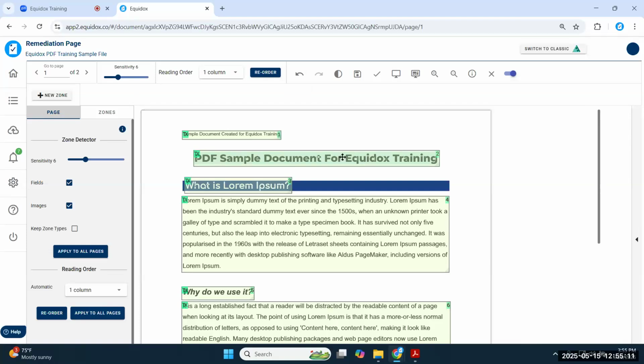Now, I can't overemphasize, if you're new to PDF accessibility, if you could do one thing to a PDF document and nothing else, in my opinion, it would be setting the correct reading order. I would argue it's the most important part of PDF accessibility, beyond, of course, having a tagged document. If your document isn't tagged, then it's completely useless to a screen reader.